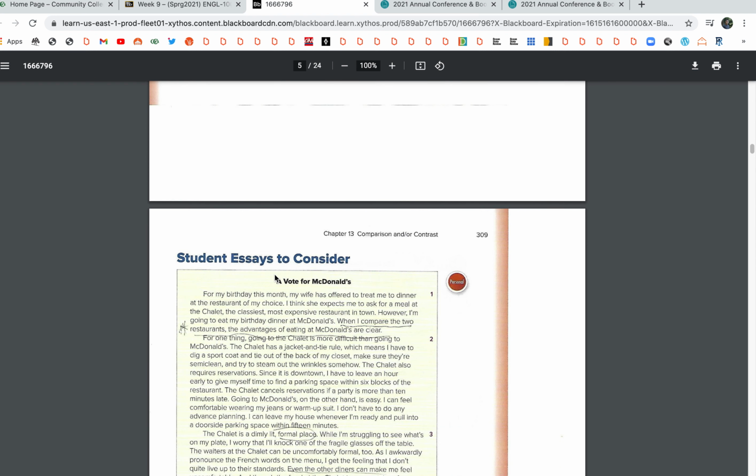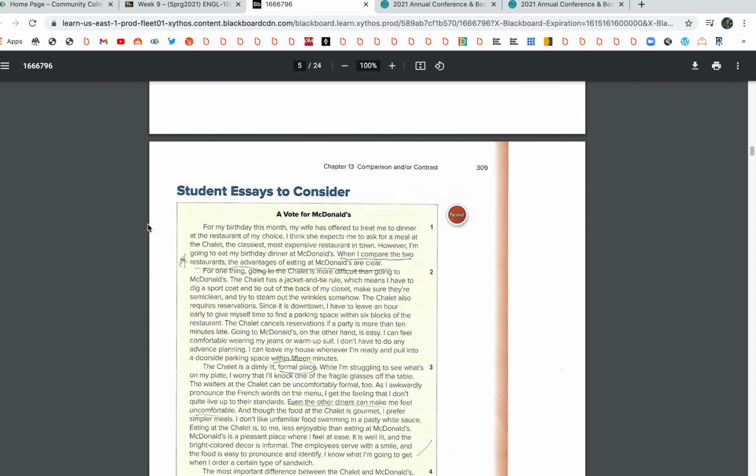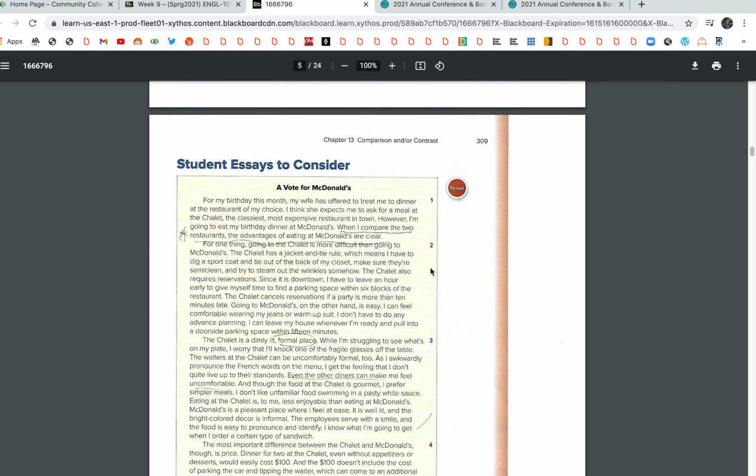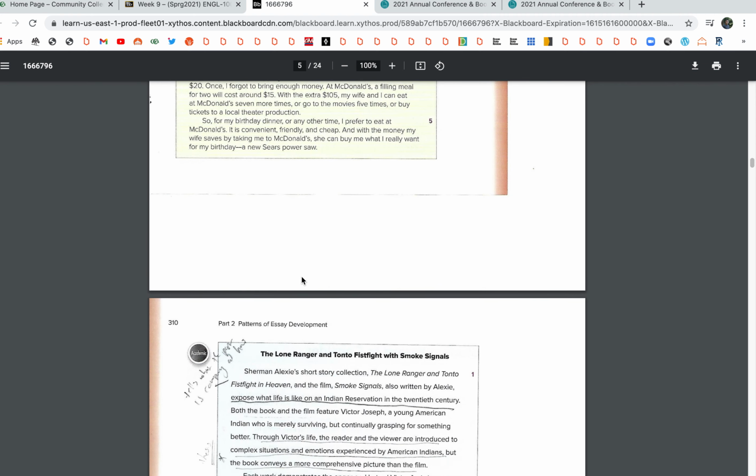I'm not going to read these essays word for word, but it's a good idea to look at them practicing comparison contrast, whereas this guy likes to go to McDonald's over the chalet. You can read this and look at this. I'm not going to read it. It makes points there, right? There's the points it makes. You could follow that. And then here,